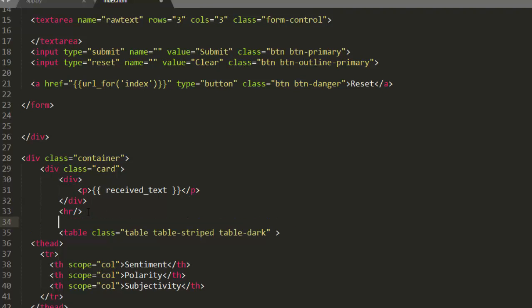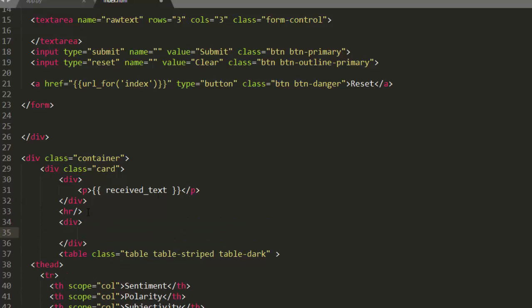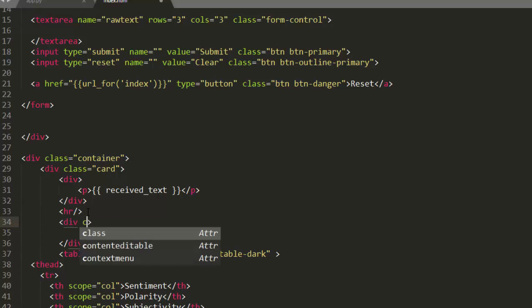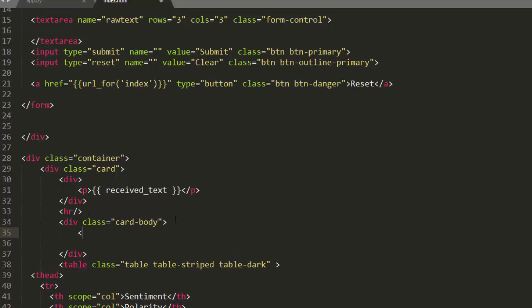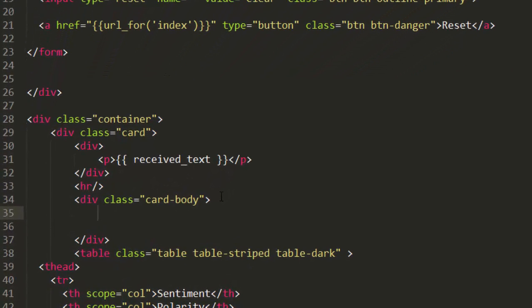Let's create another div here. Inside this div, let's call this our class card body. I don't know whether there is something called card body, but I think there is. Then we're going to place in a loop, right? So this is going to be our loop. The normal one is going to be like this: for i in summary. This is the normal Python syntax